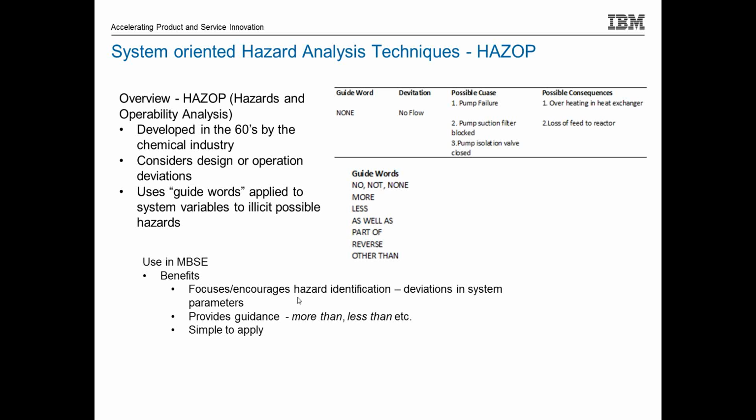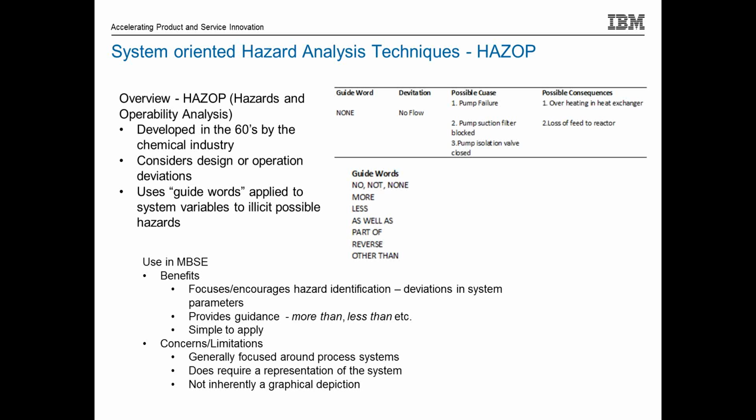So I mentioned you view things as deviations in parameters in the operation of the system. It's fairly simple to apply. Of course, you need expertise in the system to do it, but that's fine. It is simply just a table, so it's not inherently graphic, so it has some limitations with a model-based focus. And you do need a general representation of the system to guide you through